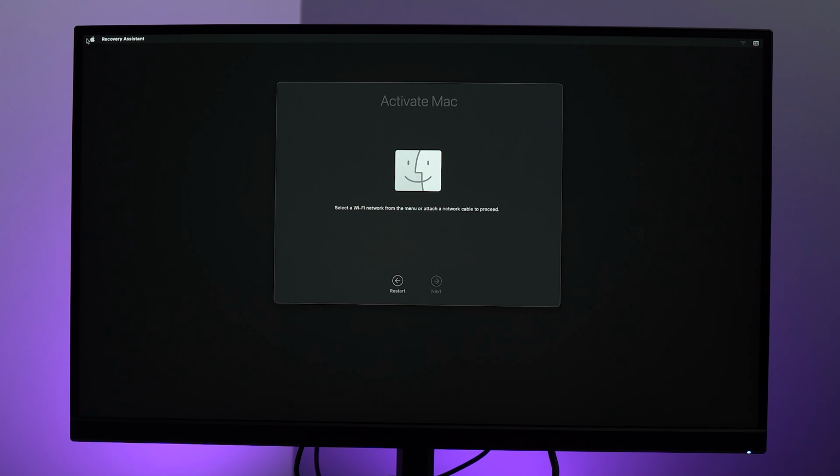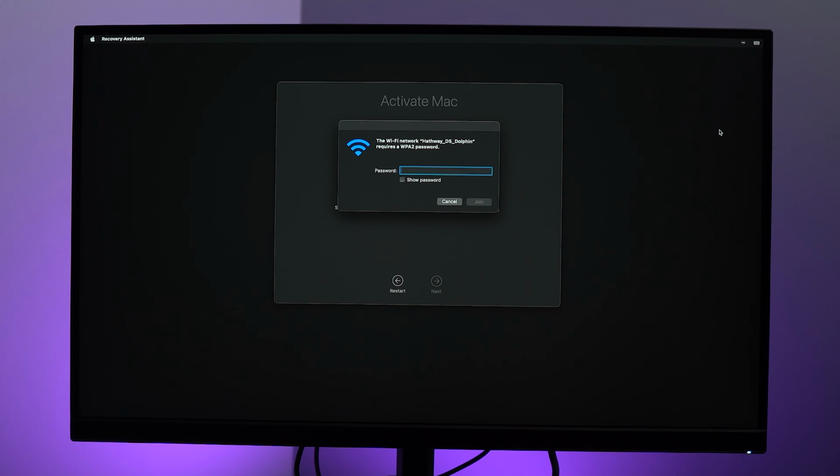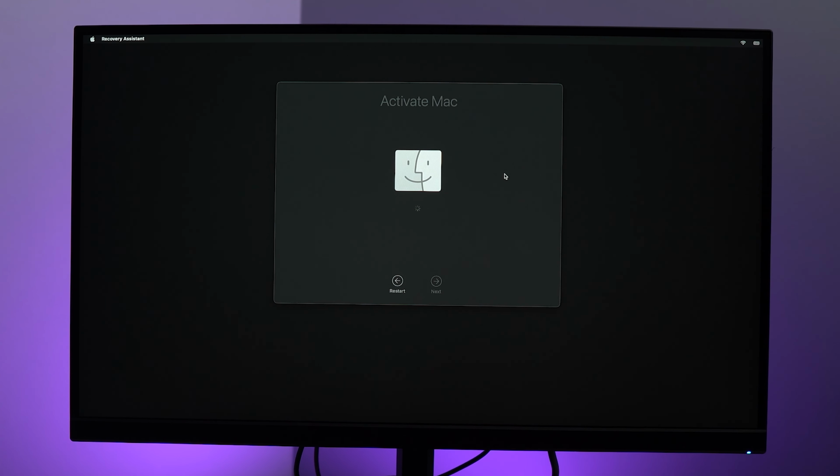Now the Mac Mini is going to reboot, and here it says we have to activate our Mac. So we have to select our Wi-Fi network. So let's do that. Activation is necessary, otherwise you won't be able to use your Mac. Select your Wi-Fi and type in your password. Once you've typed in your password, click on join, and once it's joined, immediately it's going to start processing. It's going to connect to the Apple servers and do its thing to activate again. Now you can see that your Mac is activated and it will restart in a few seconds, or you can just click on restart over here,